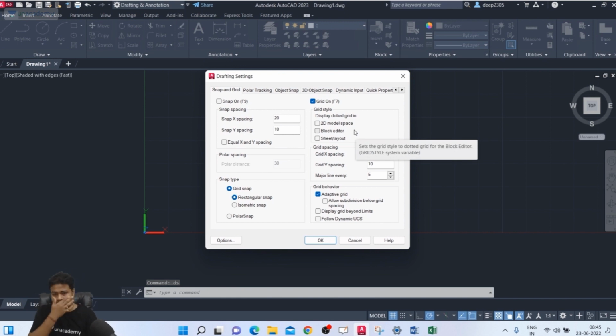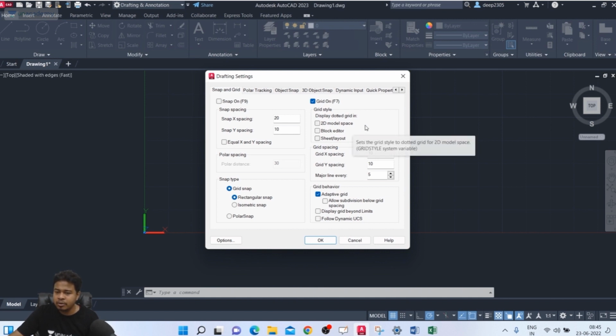Now this is also done. Now let us see this grid style. See, display dotted grid in block editor, sheet layout, and 2D model space. So already I have explained to you about the layouts. Okay, so let me explain one by one. Suppose I select this 2D model space and press OK,